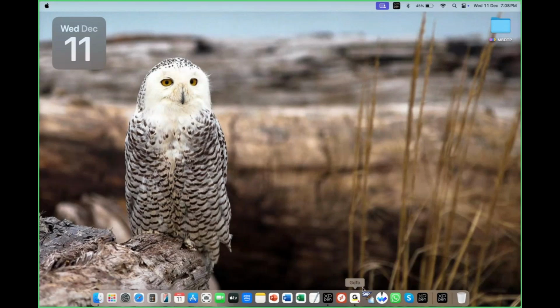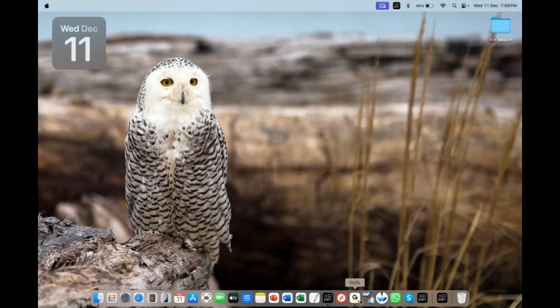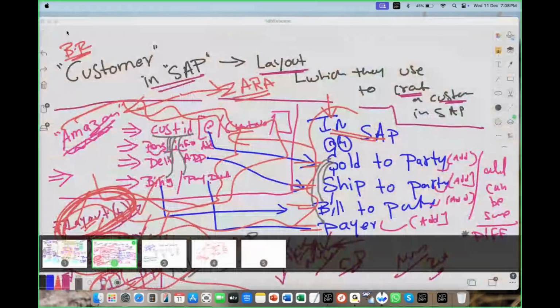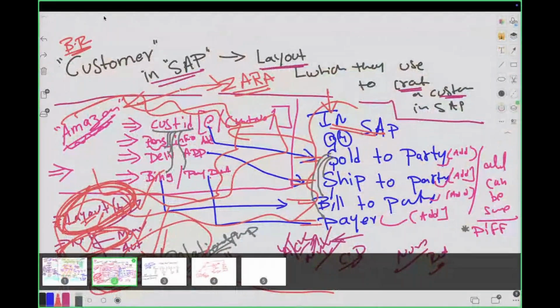Okay, so last session we were working on understanding the various stages of how we customize the layout of customer master data, right? So quickly let me go to the whiteboard to show what I was writing, to help you understand. So I was writing this structure. Now here please understand